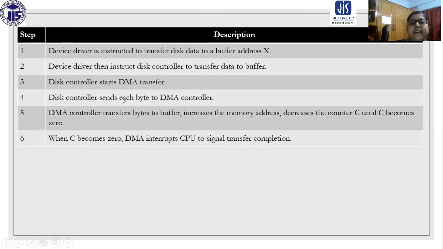The disk controller sends each byte to the DMA controller. The DMA controller transfers bytes to the buffer, increases the memory address, and decreases the counter C until C becomes 0. When C becomes 0, DMA interrupts the CPU to signal transfer completion. So these are the steps in which DMA is performed.